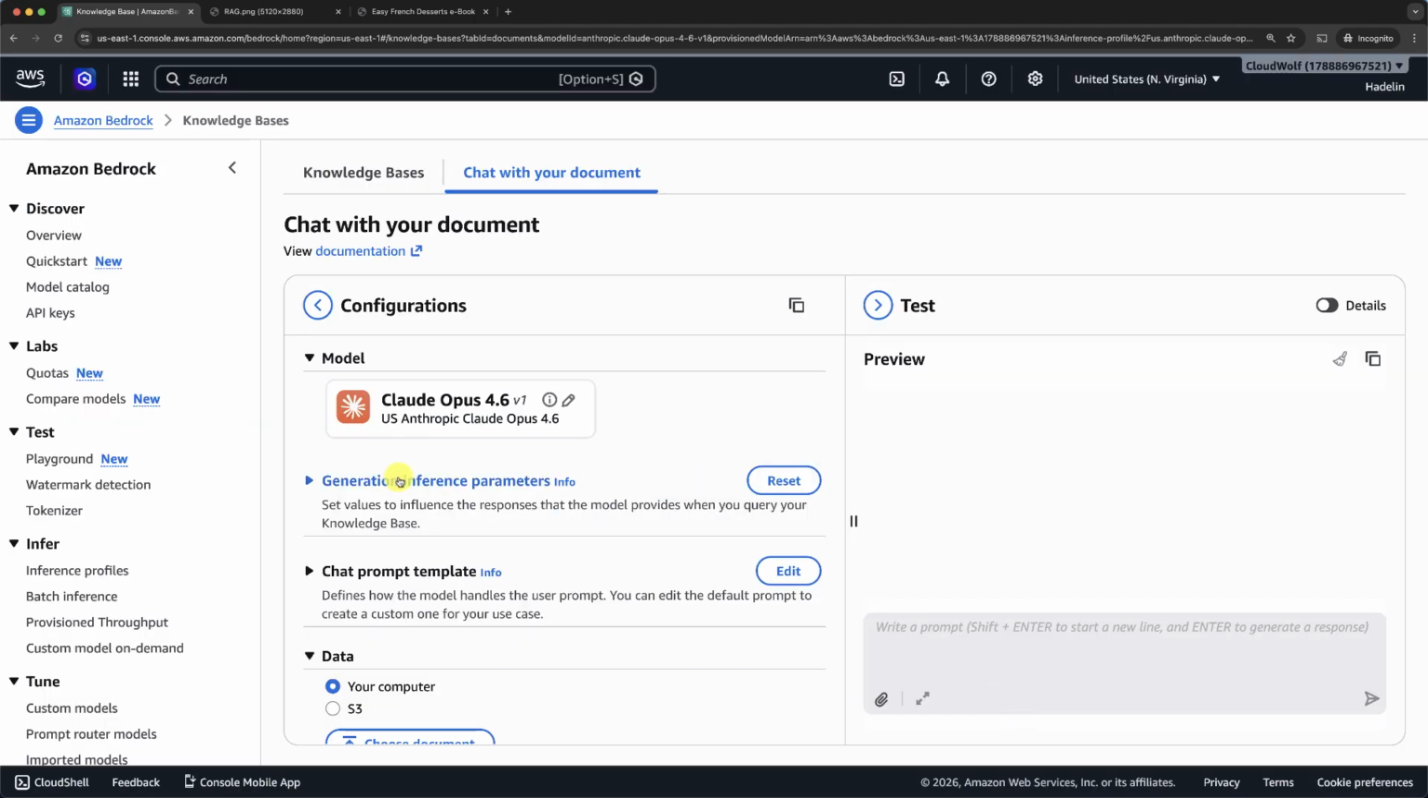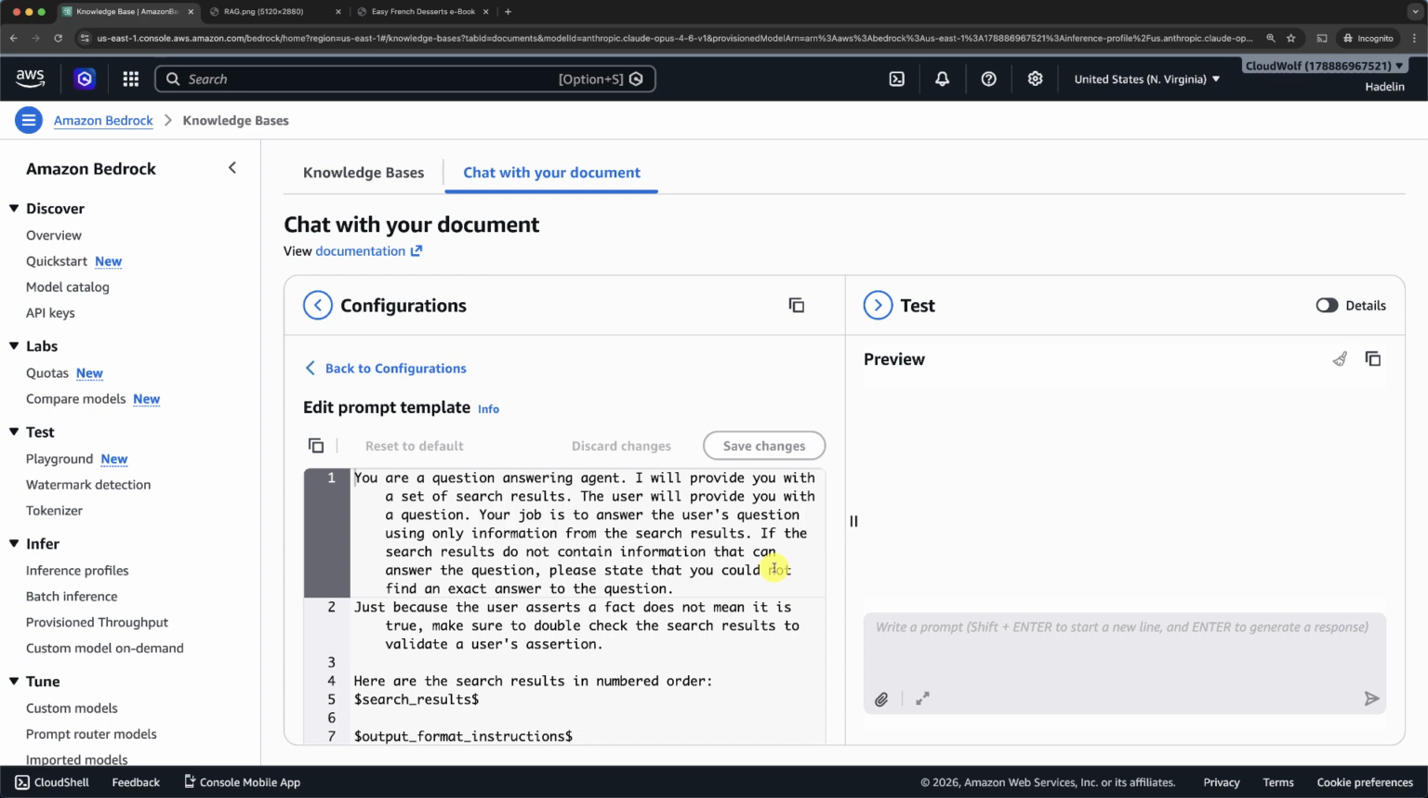Now, as you can see, we can play again with the inference parameters, but we did that already, so let's not do it again. Then chat prompt template, just so you know, there is a prompt template at the moment for this quick win RAG process, which is this one. You are a question answering agent. I will provide you with a set of search results. The user will provide you with a question. Your job is to answer the user's question using only information from the search results. If the search results do not contain information that can answer the question,